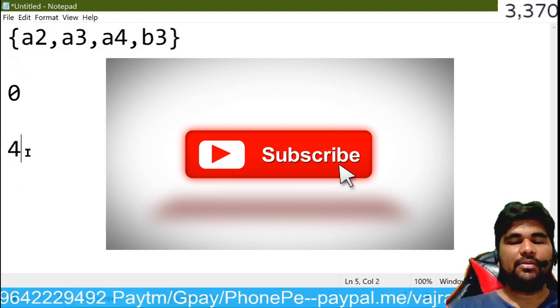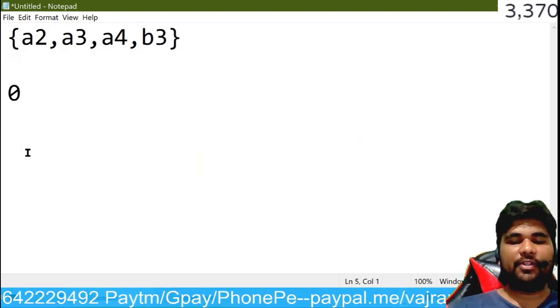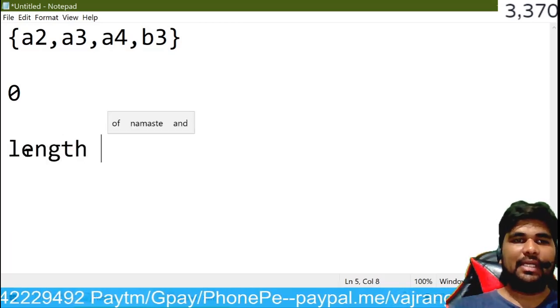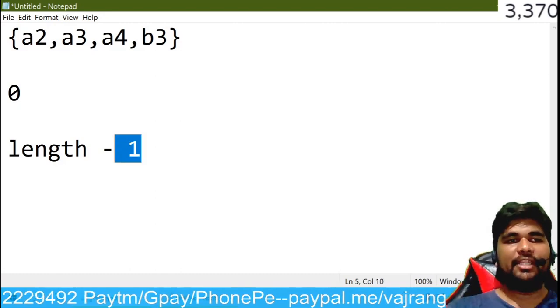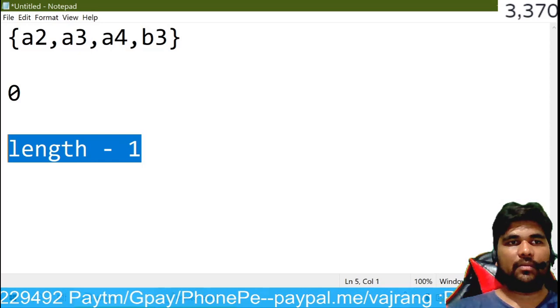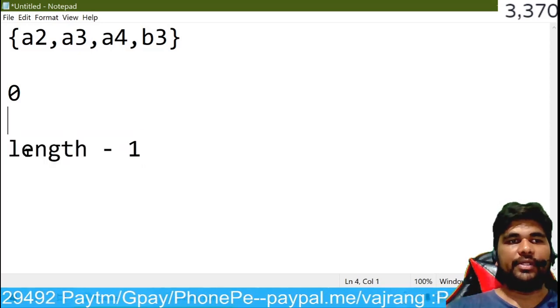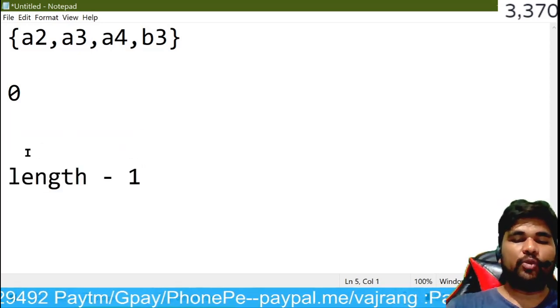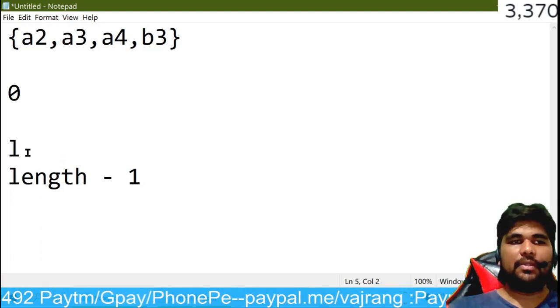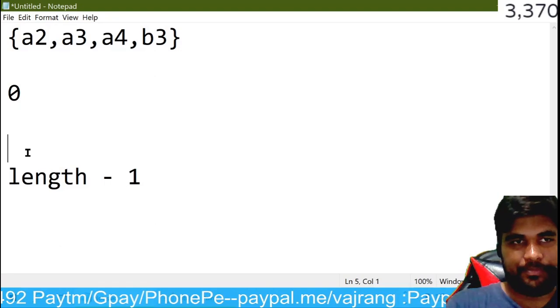Yes, 3. So we need to check with the length of it, and we need to get the last item of it. Length minus 1 is the last index, right? Now the transaction number should be incremented till only 3. How can we do that?